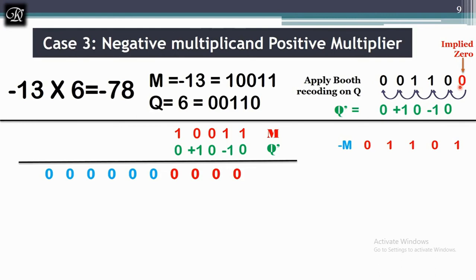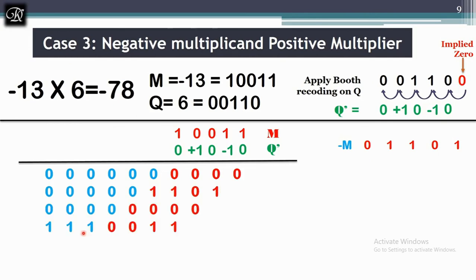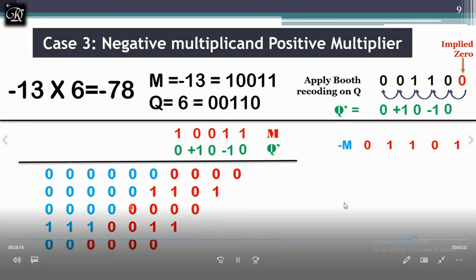Next, I am getting the next partial product, which will be with 0, and negative 13 is multiplied with positive 1. Of course, when you are multiplying negative with positive, the answer will be negative. So it is 1, 1, 0, 0, 1. So the sign of that number is 1. So what happens now? The extension bits are 1, 1. Next, I am having 0, so you will get zeros in the next partial product.